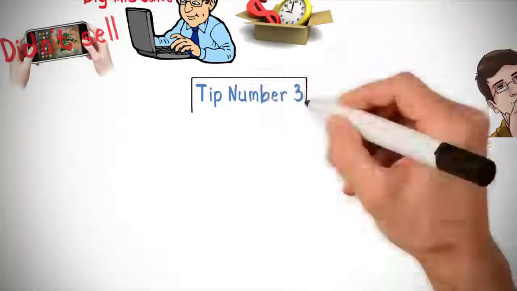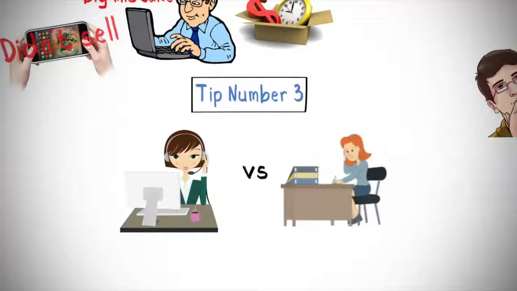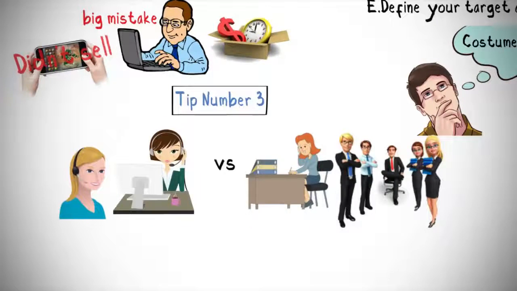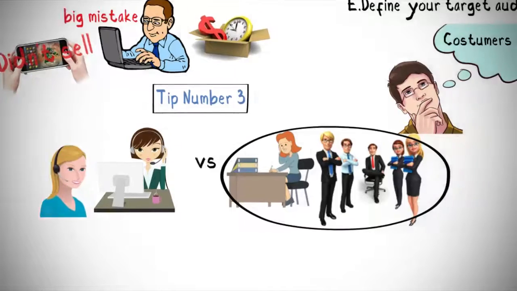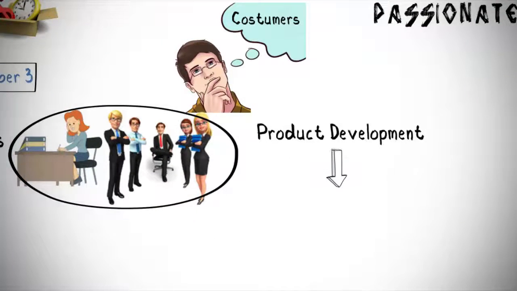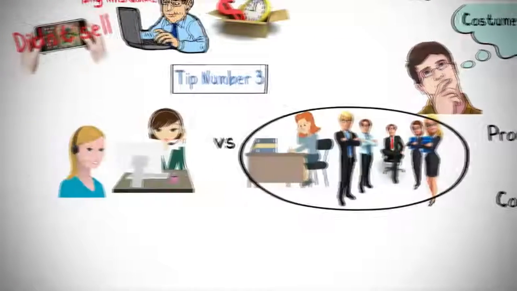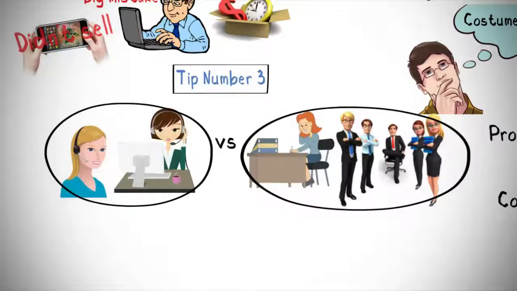Tip number 3. Online team versus office team. Unless it is something small and you can handle it all by yourself, you will need a team to develop anything. In the past, the most common practice for businesses was to have an office team handle all types of work to sustain the business. Each worker performs their duties from product development to the customer support. But over the last few years, things have changed and businesses are outsourcing a lot of stuff, and it's easy to sustain an online team.